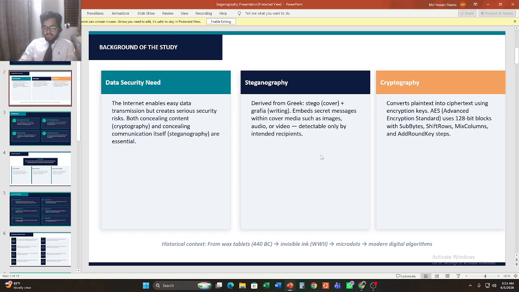Because the change is in the least significant bit, it causes almost no visible distortion in the image. However, as we will see in a moment, there are significant gaps and weaknesses in existing approaches that this research aims to address.